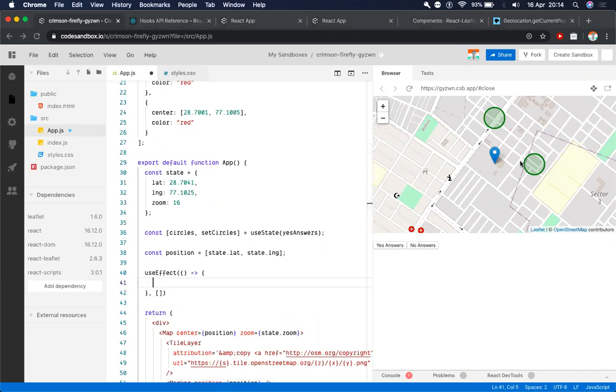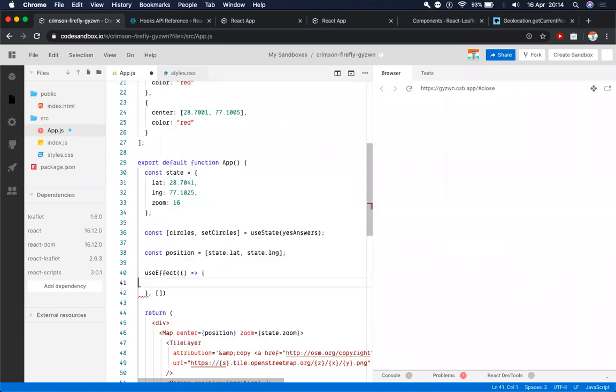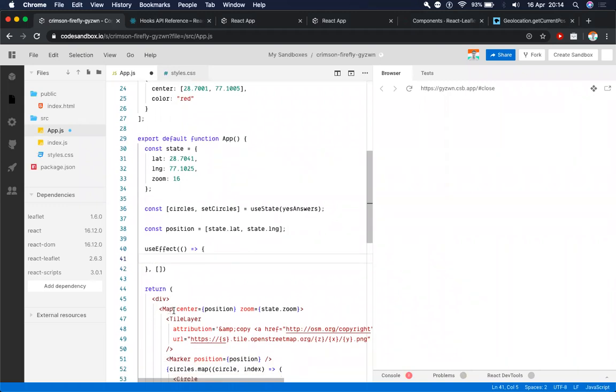Does it take the user's current longitude and latitude? No, it does not, but we can pass the user's current longitude and latitude in the dependency array. The best example, I guess, would be to console.log this, but then I would have to go into details about how we get the user's current latitude and longitude from the map. So I won't go into that much detail right now.